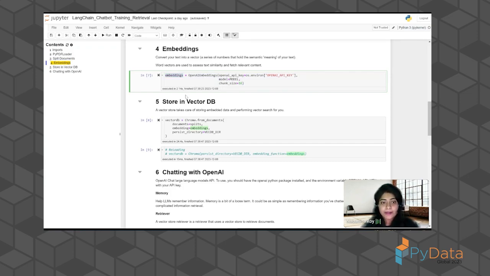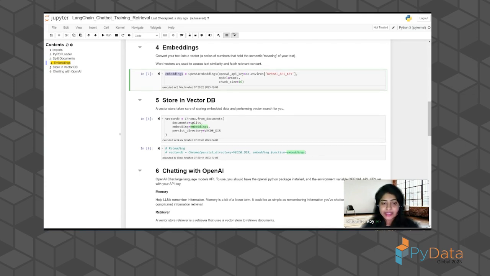Okay, so this initiates and generates embeddings, and then in the next cell, I store them into the vector DB. The one that we've used this time is Chroma DB. And into this, I've put in the documents, the embeddings, the splits, and also the directory in which LangChain is supposed to store the encoded versions of the PDF that I've passed in.